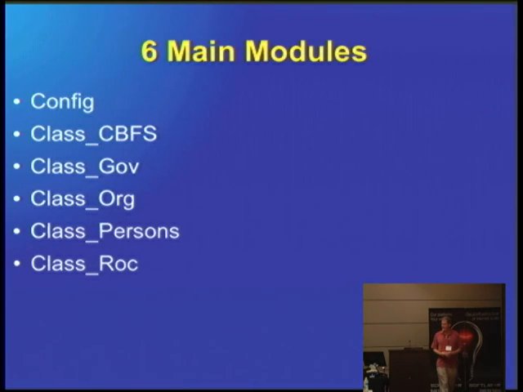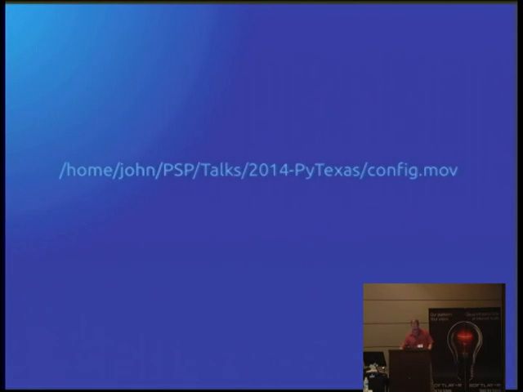There are 6 main modules. The lower 5 here are just the main agents that I've already discussed: CBFS, government, organizations, persons, and rest of counties. And then there's a config module. In the config module, you set a bunch of parameters, and it also acts as a container to hold data for all the other classes. All right, we'll start with a little look at the